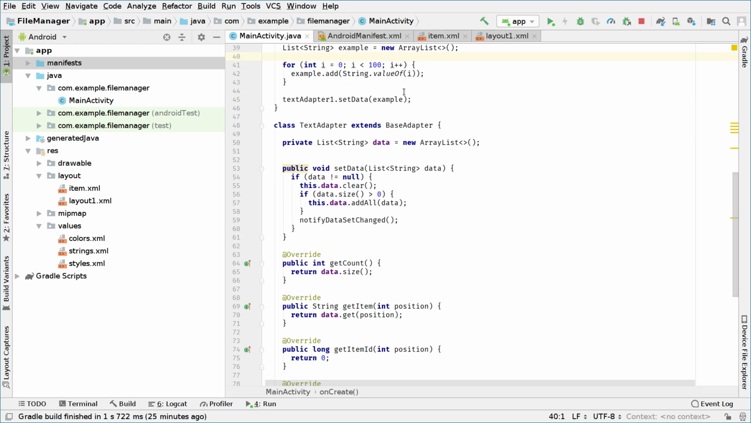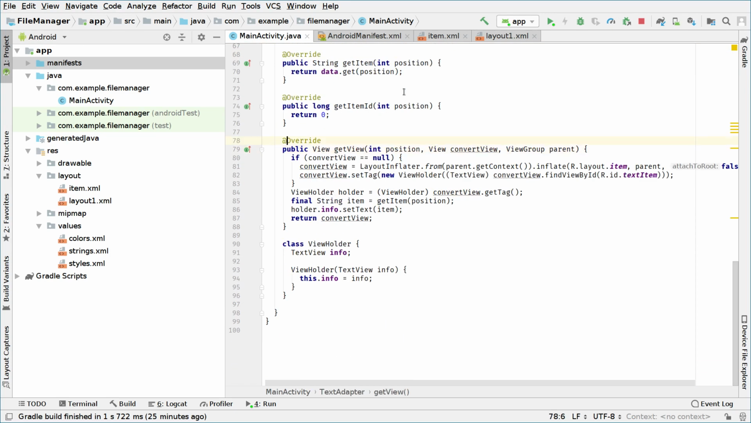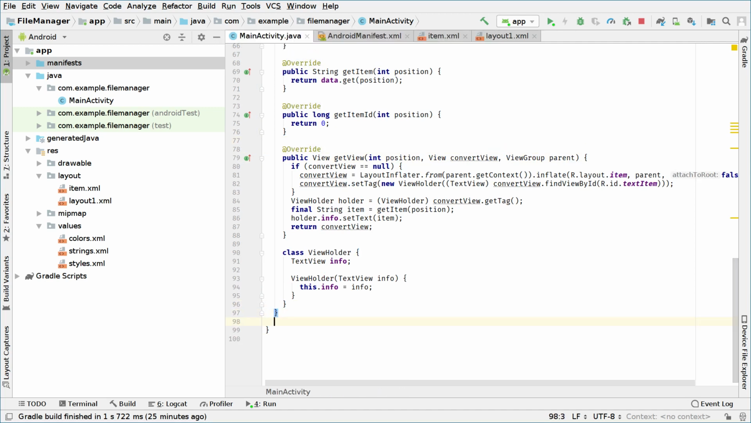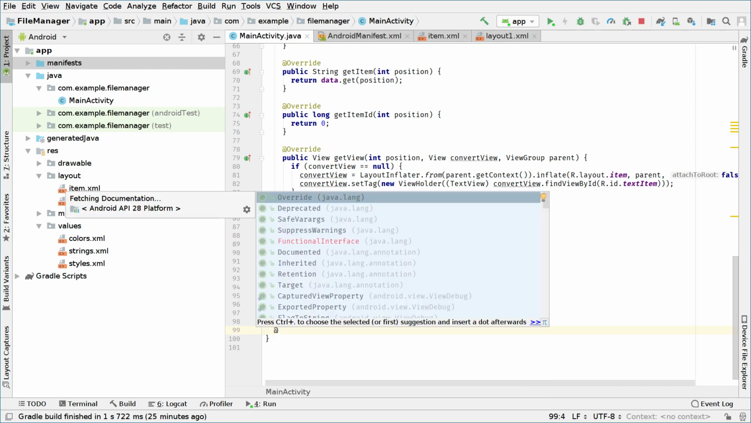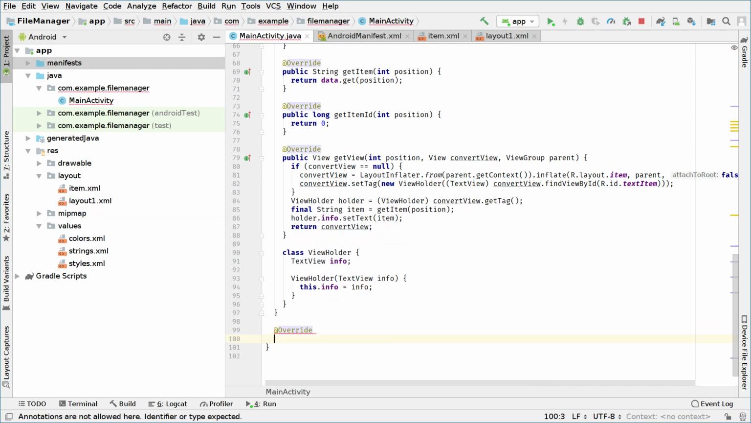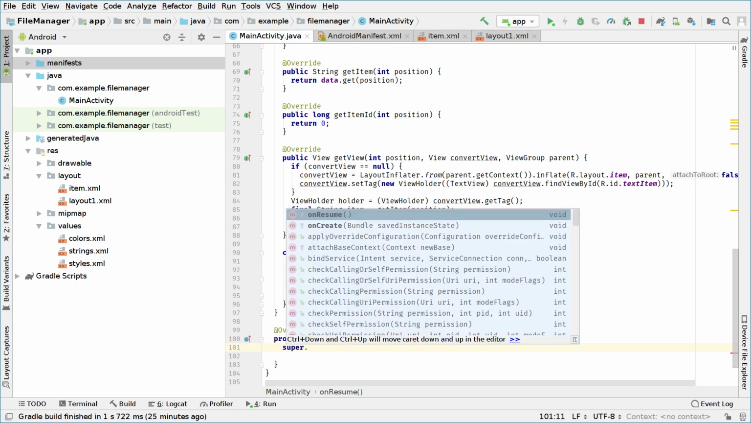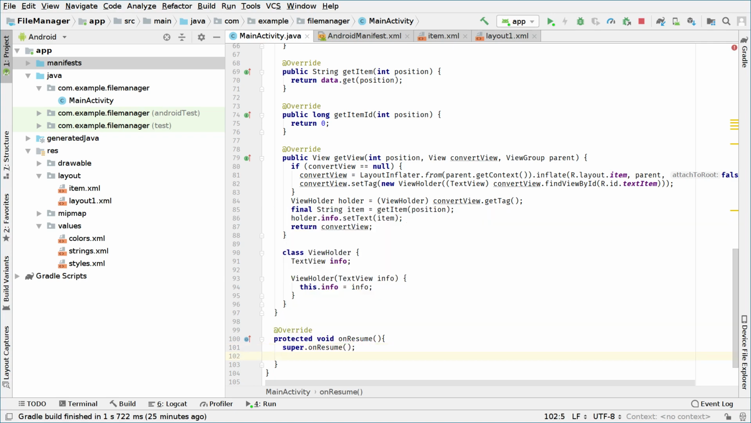Okay, after the text adapter class, we will override the onResume method. Override protected void onResume. We open the method and we type super.onResume. So every time this method is called, we will check if we have permissions, because remember, if you go to settings on your